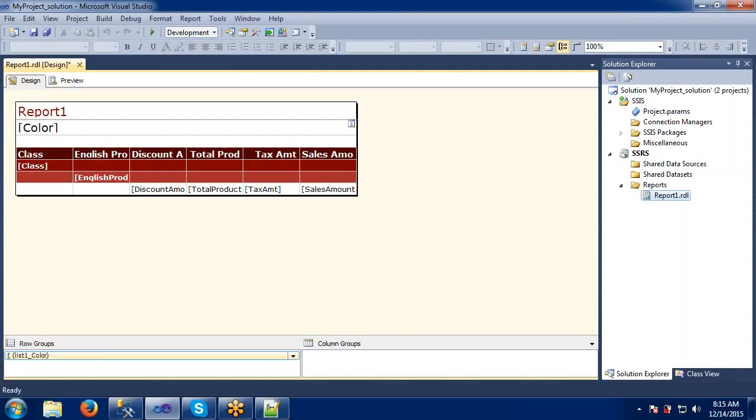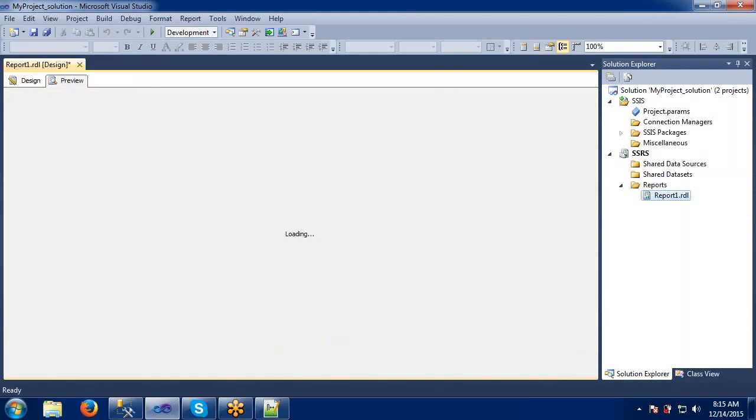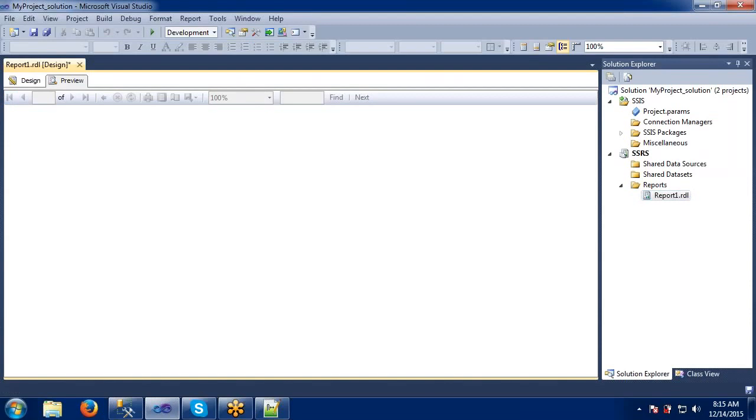Okay. So to run this report, go to preview and just click this one. So automatically it starts loading our report. Okay, it's started loading. So let's see how the report will be generated.